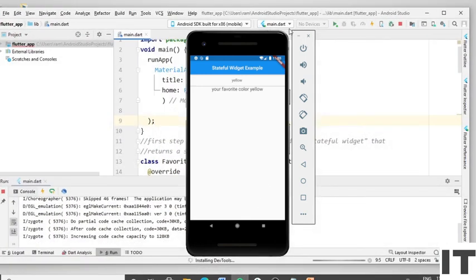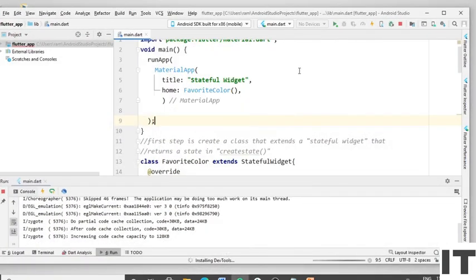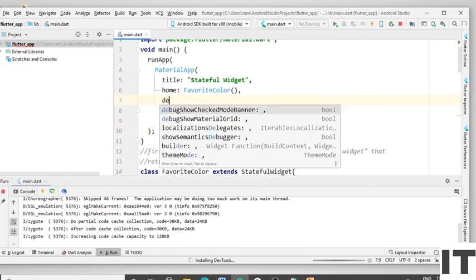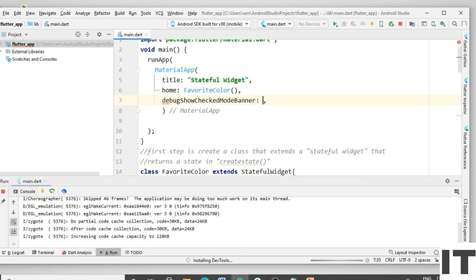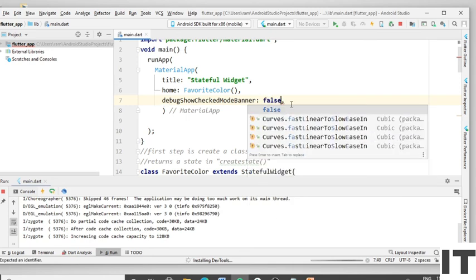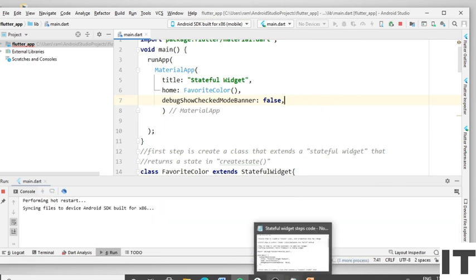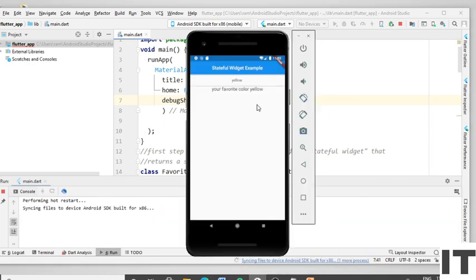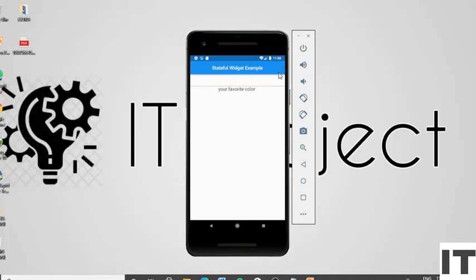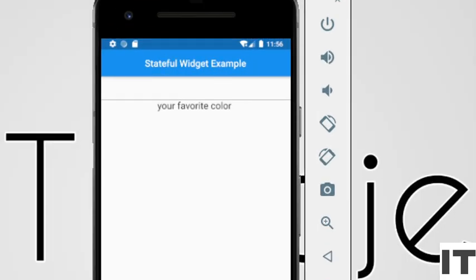For that, type the code after the home widget: debugShowCheckedModeBanner and type false. Again run the project. You can see the debug banner is invisible.